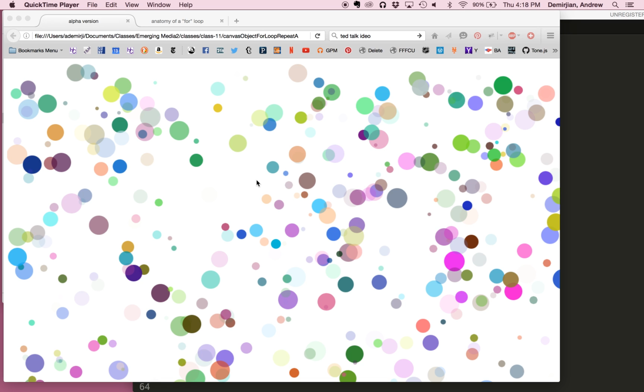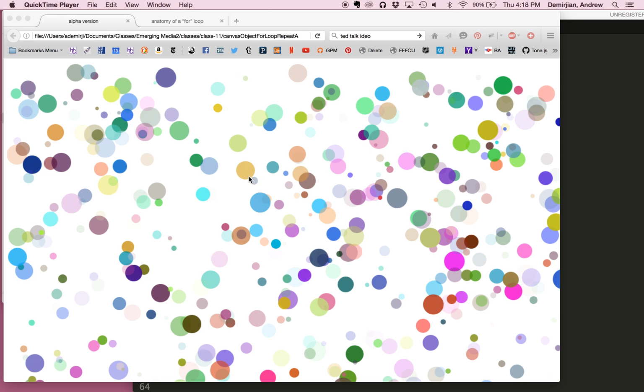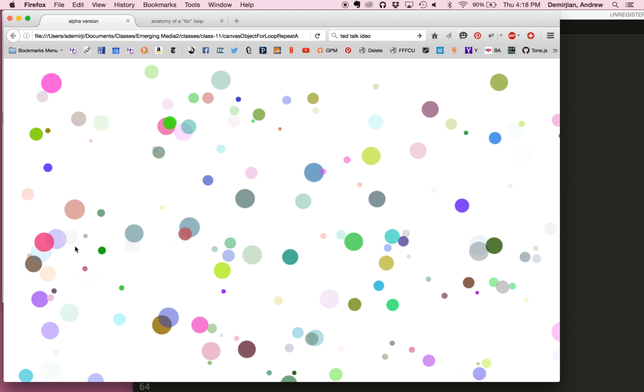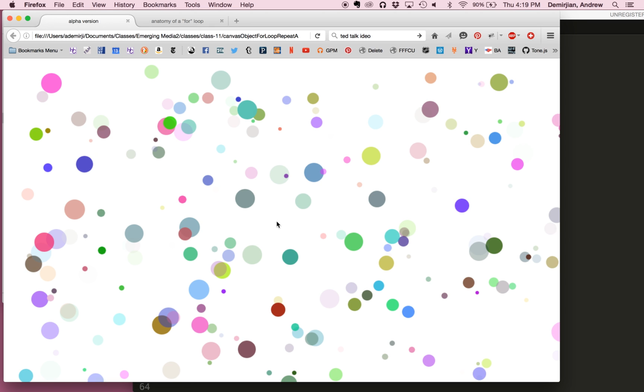Okay, for this tutorial I want us to focus on two ideas. We're going to look at what's called the canvas. It was new with HTML5 just a couple of years ago, and it enables you to draw in the browser. So I'm going to do something like this, and what we're doing is we're populating the browser with all these drawn circles with varying radius sizes and varying degrees of alpha channel opacities, and you can see that there. We're going to learn how to do this, and we're also going to learn how to make